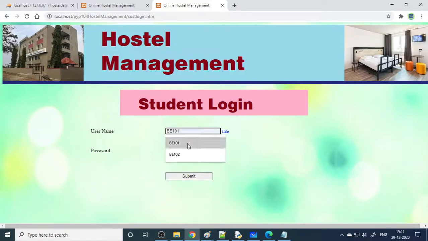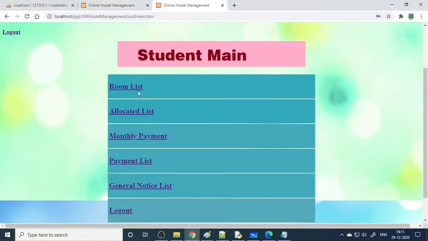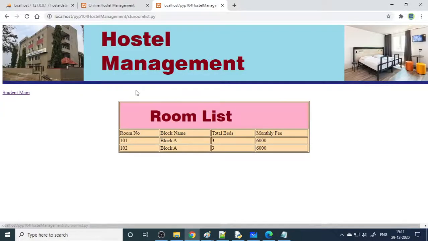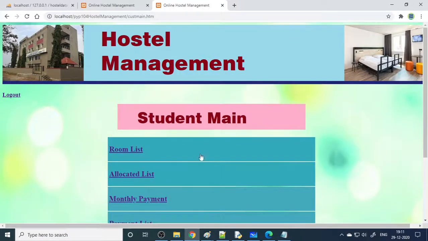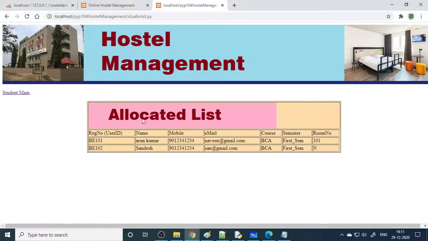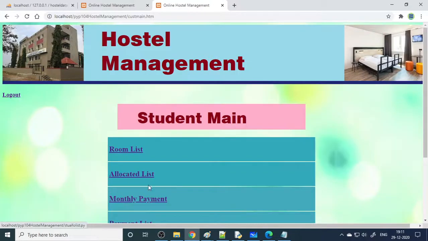Now we are able to log in as 102. So it means you have applied. Then you can see the rooms, what rooms are there. Then the allocated list. The overall allocated list will be shown. You can see that for you it's not yet allocated. N means new, so it's not yet allocated.